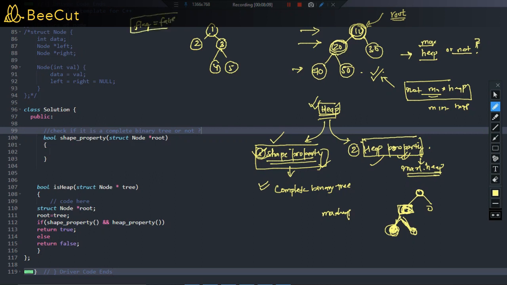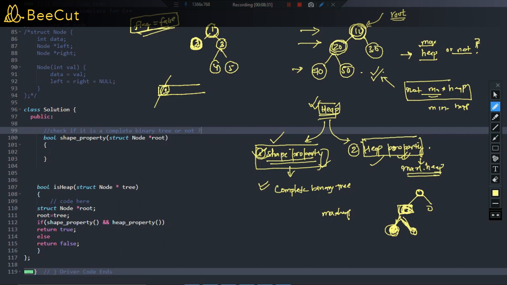What I'm going to do is put this node one into the queue first, pop it and check if its children are not null. If its left child is not null, then before pushing the left child into the queue, you should check the status of flag, right?